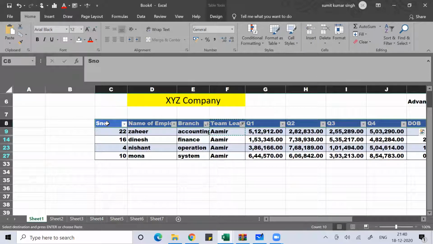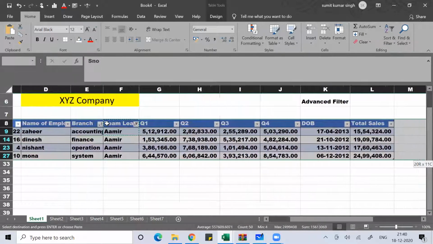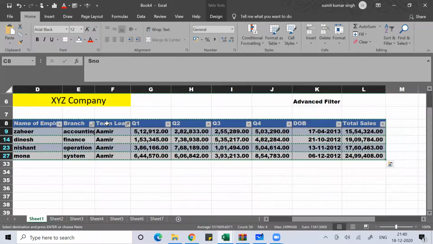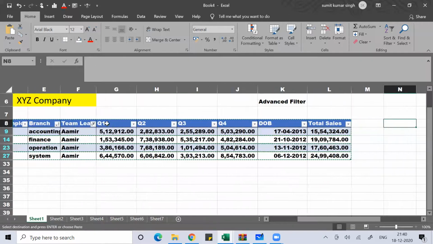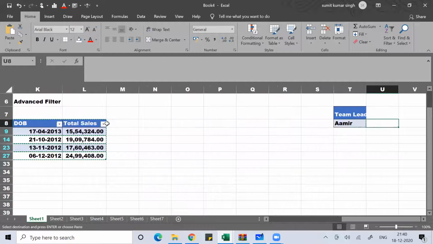Now I'll copy them. Because they are part of a table, pasting them also will not be a problem.